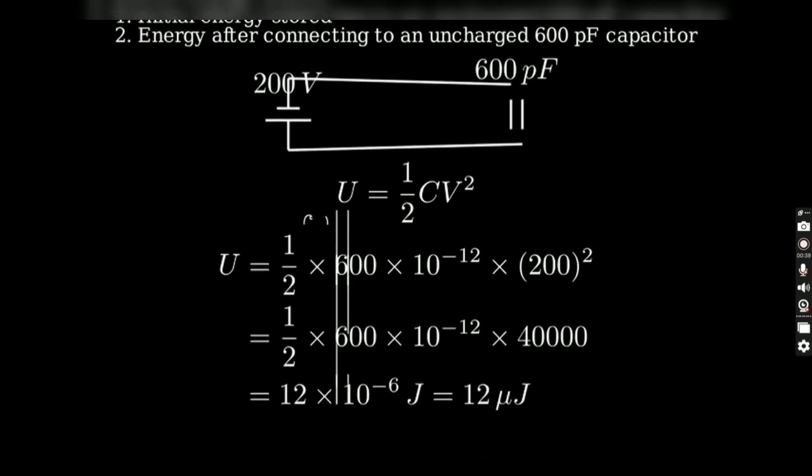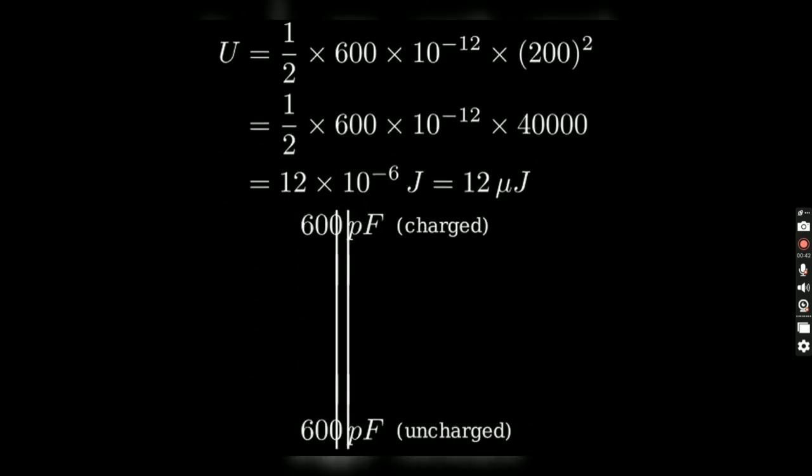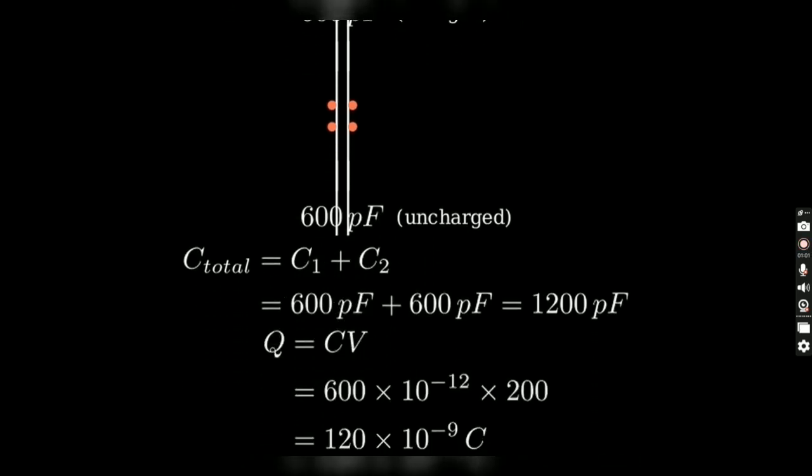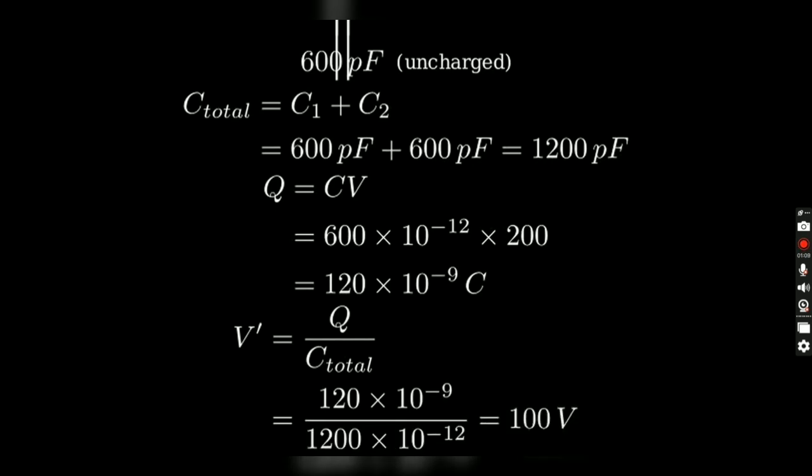Now for part 2. We disconnect the battery and connect our charged capacitor to an identical but uncharged capacitor. They're connected in parallel, which means the voltage will equalize between them. Let's solve this step by step. First, the total capacitance in parallel is the sum. 600 plus 600 picofarads equals 1,200 picofarads. The initial charge stored was CV, or 600 picofarads times 200 volts, which is 120 nanocoulombs. This charge will redistribute, giving us a new voltage of Q over C total, or 120 nanocoulombs over 1,200 picofarads,